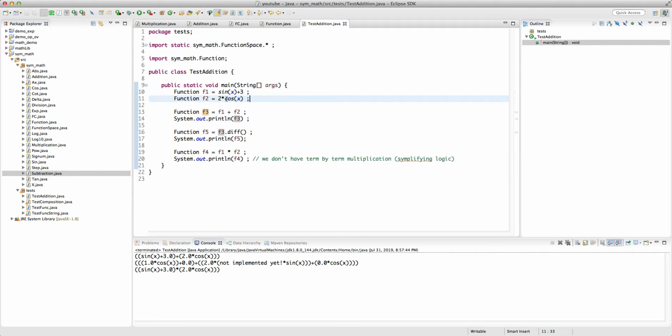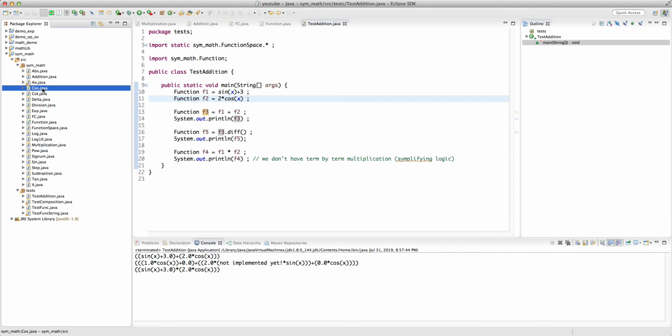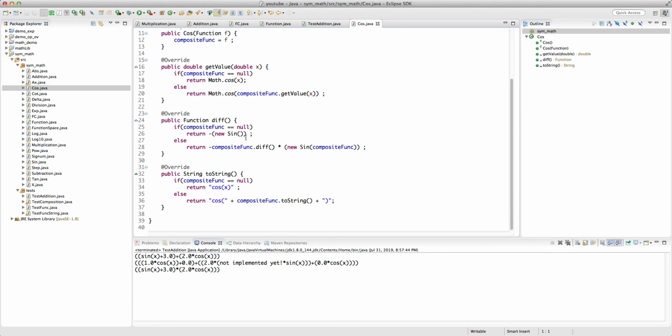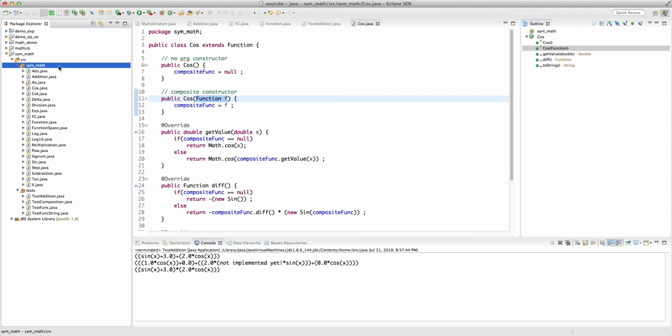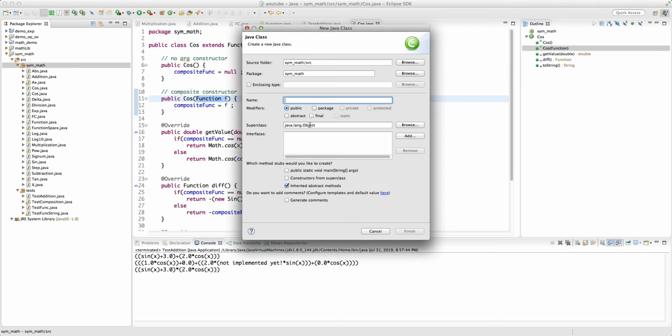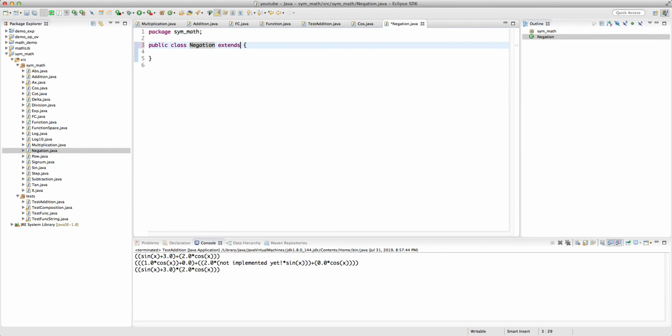basically the derivative of cosine is a negative sign, right? And if we go into the cosine, the problem is that we have implemented cosine, but we have not implemented negation. So let's also implement that class negation extend function, okay,